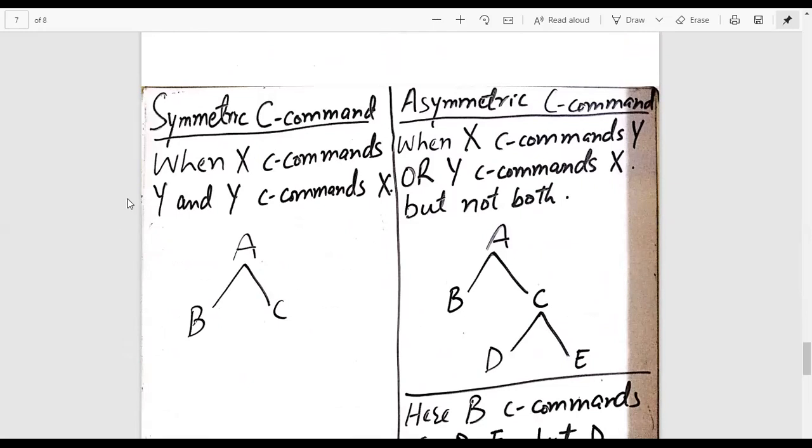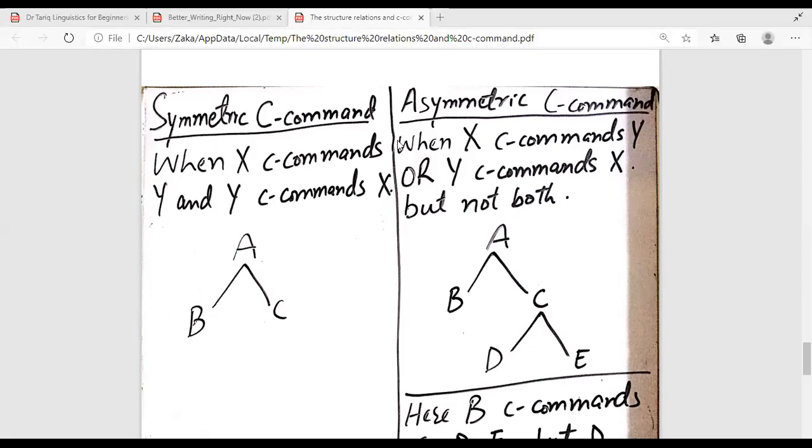First of all, we just checked normal c-command above in the diagram in the aforementioned slide, or the slide which I've earlier discussed in the lecture. So in the symmetric c-command, what happens when X c-commands Y and Y c-commands X? So both the branches are c-commanding each other. For example, here if B is X and you consider C as Y, we can say that here X c-commands Y